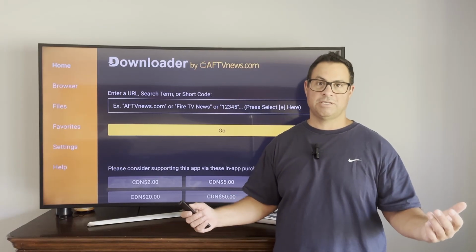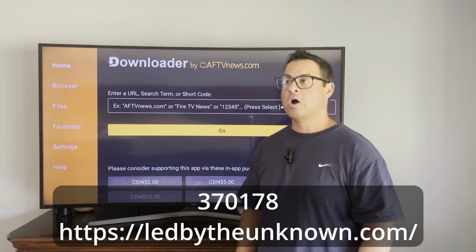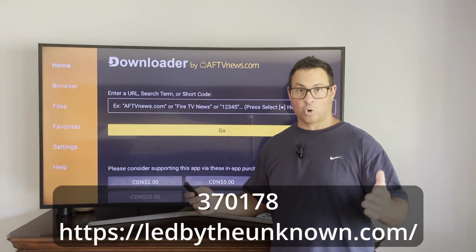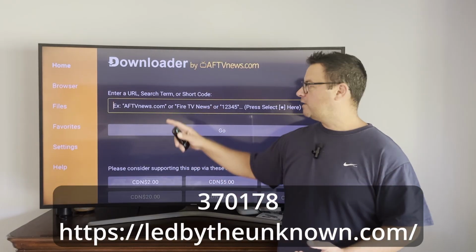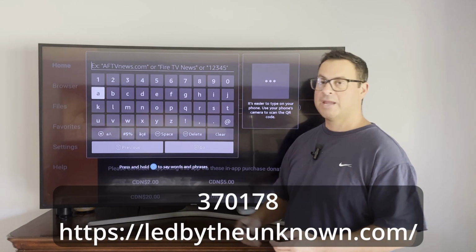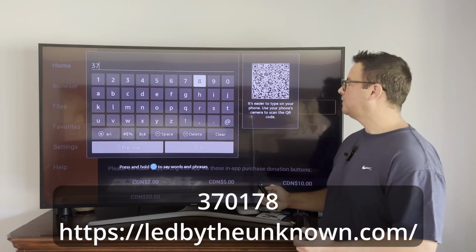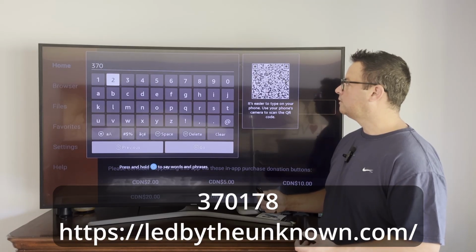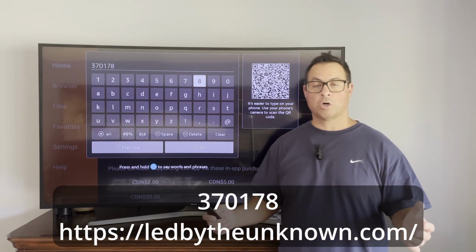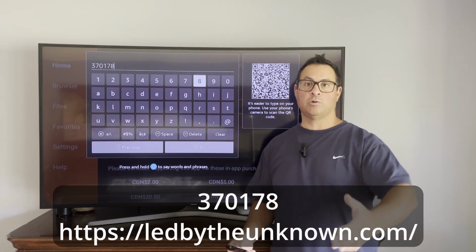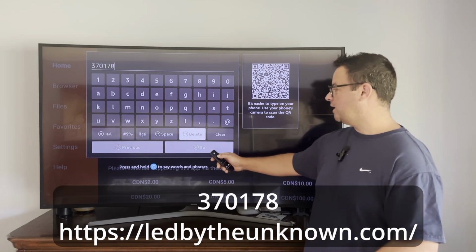So for instance, https://ledbytheunknown.com, or I have a short code for you, which is way quicker. So just rise up into the box, click on it. It does give us a keyboard, so we can type this out. 370178. This is a short code that goes to the Led by the Unknown's downloads page in order to get these awesome applications. When we just hit go,